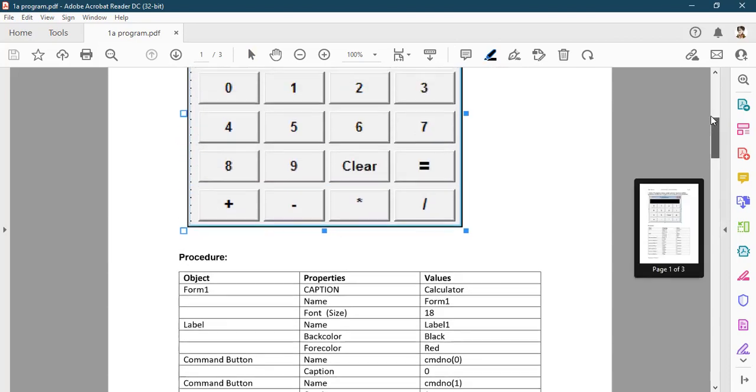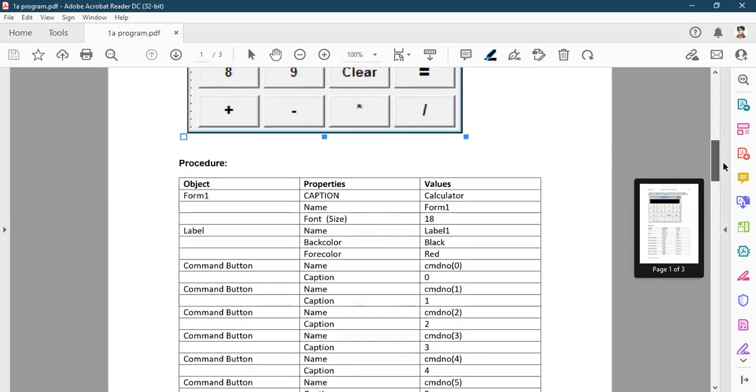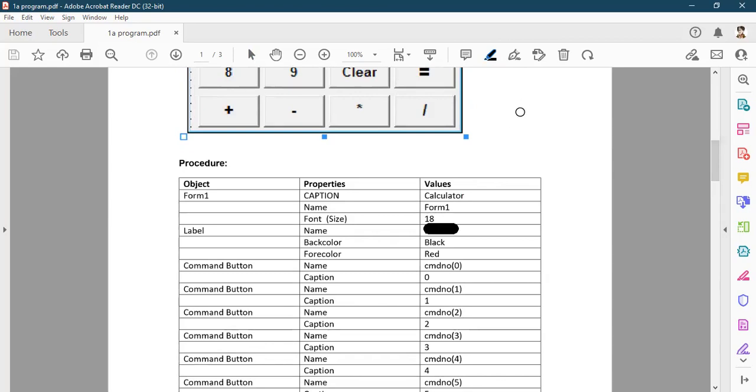When you do this exercise, see to it that you keep this table handy. For example, in this black area one label is placed, and I have given a black color background for this area. That's just a label, it's not a text box. The name I have used is label 1.